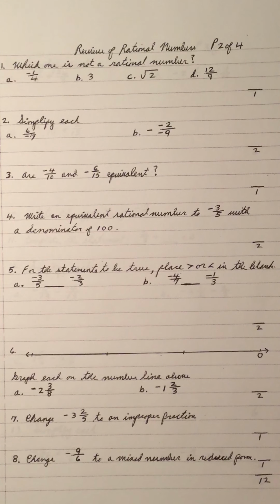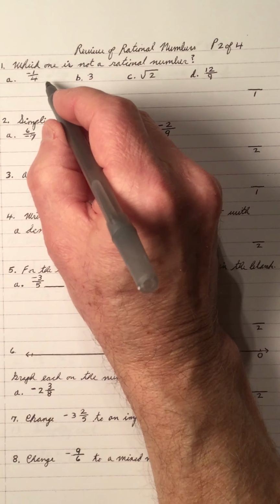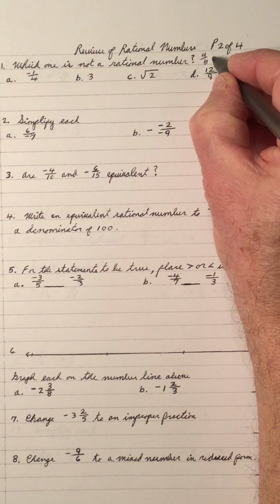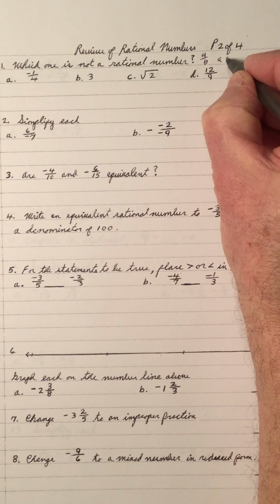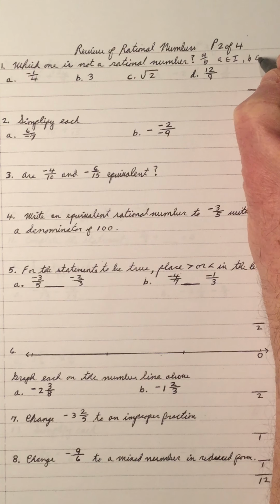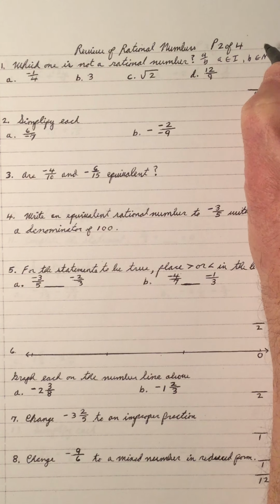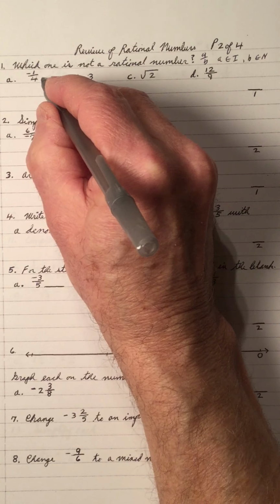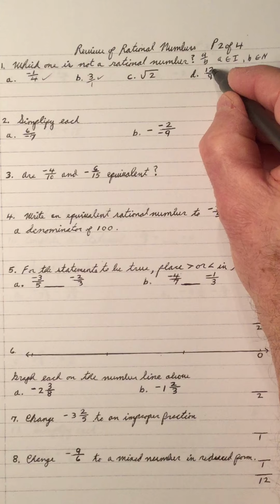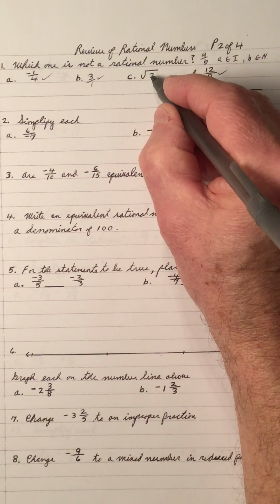Which one is not a rational number? A rational number is a fraction. And a rational number is A over B, where A belongs to the integers and B belongs to the natural numbers. So yes, that's a rational. 3 over 1 is rational. 12 over 9 is rational. And notice that